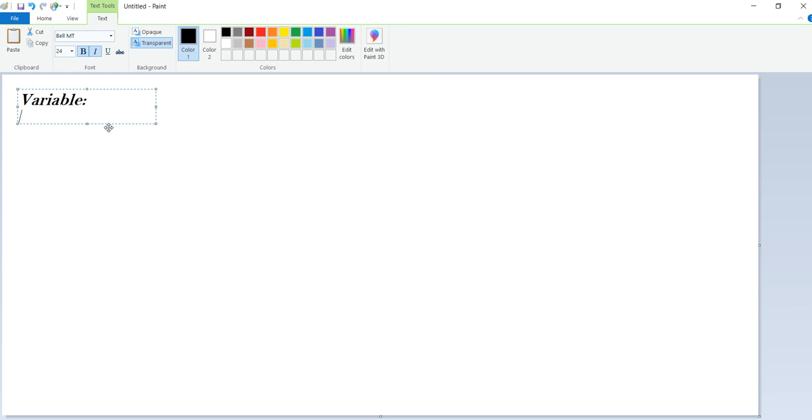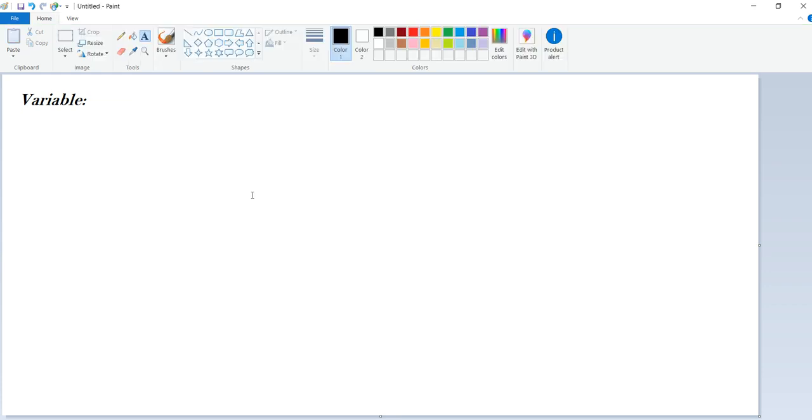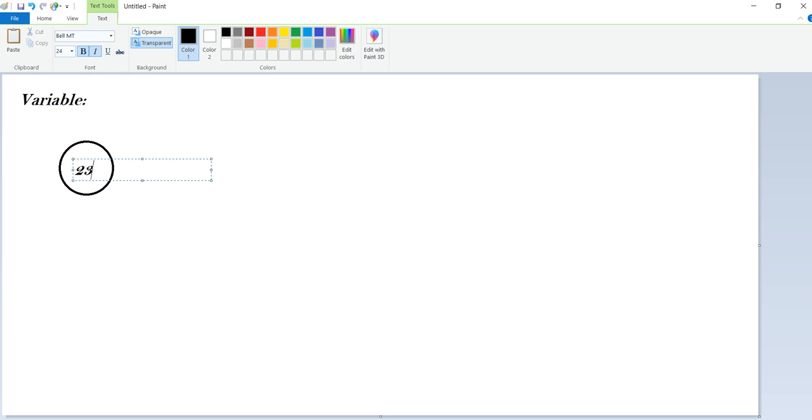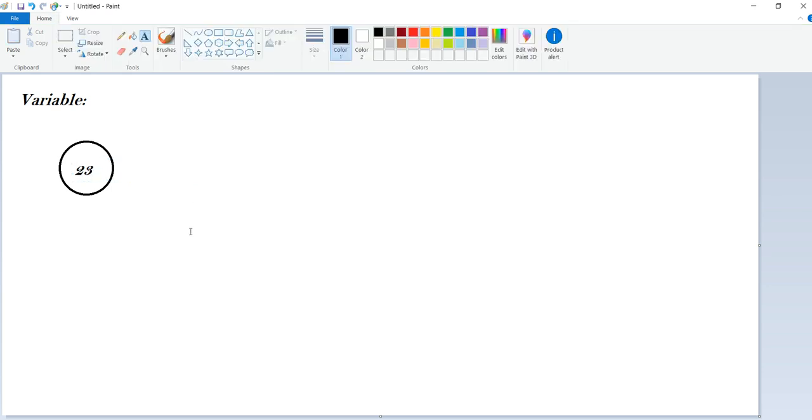A variable is a name given to a memory location where we can store some data. If this is a circle, here I'm storing some value, 23.